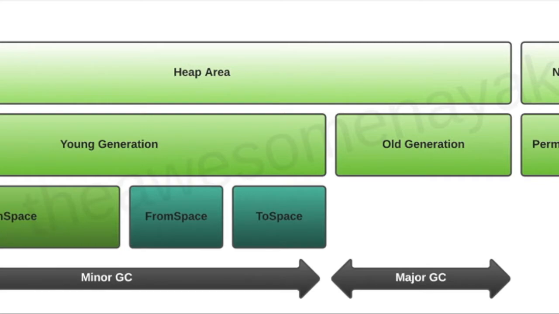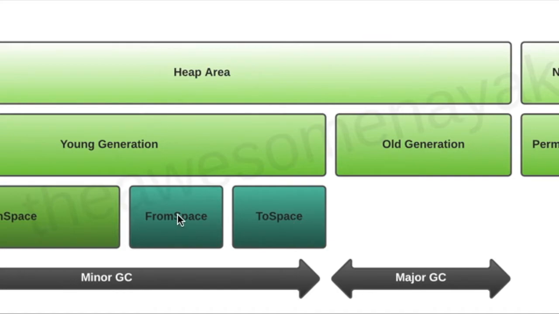And once the eden space area is full, minor GC executes. So what does minor GC do? It will just scan the eden space and check what the actively used objects are, and what the objects which are less frequently used. The objects which are less frequently used are moved from eden space to from space. You can say them from space, to space, survivor 1, survivor 2. You can also say them like that.